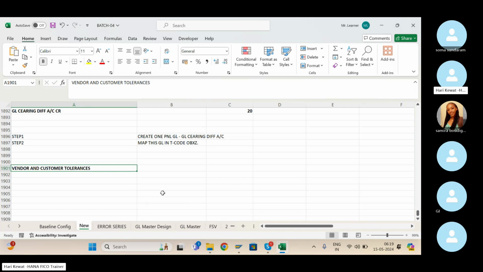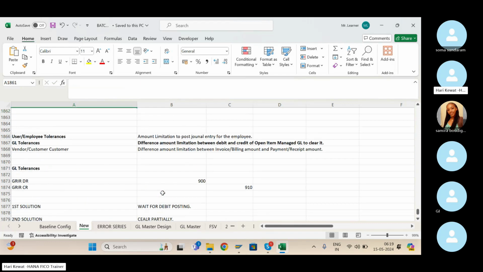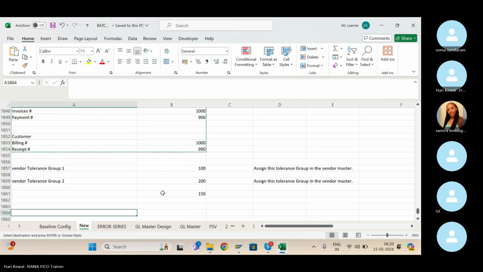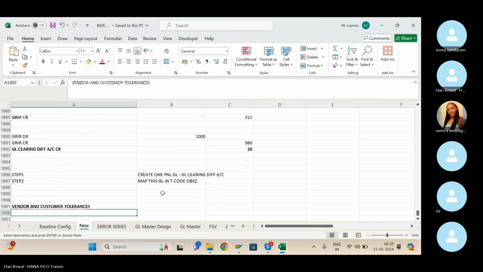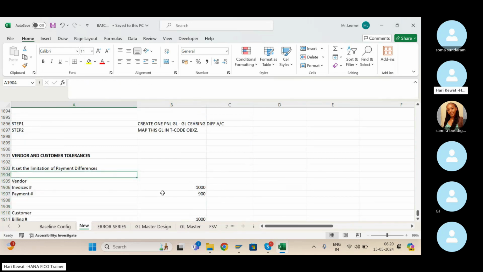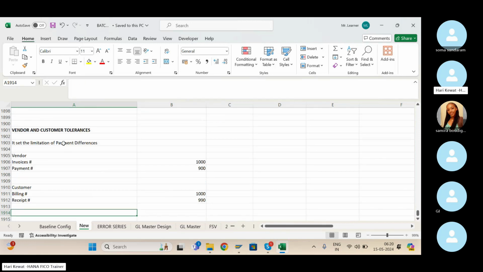In vendor and customer tolerances, we understood that here somewhere I have written, let me copy. So this is what we see. Vendor and customer tolerances have many other features inside, but the major one is this. It will allow you to set the